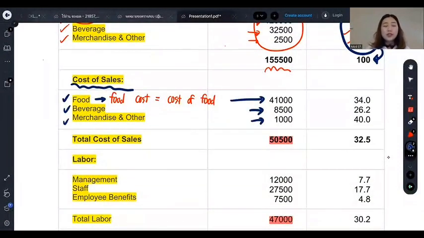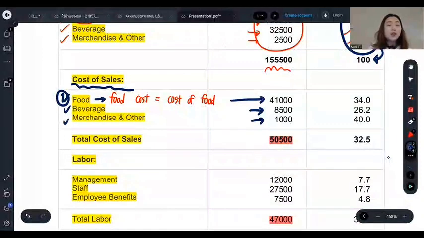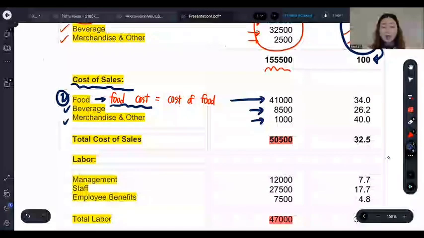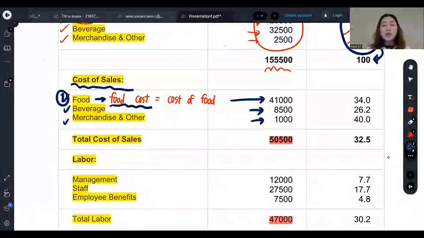For the cost of sales, to sell food, beverage, and merchandise and other, we also have costs. So the first one, we will start with cost of food, or we can call it food cost, that we spend